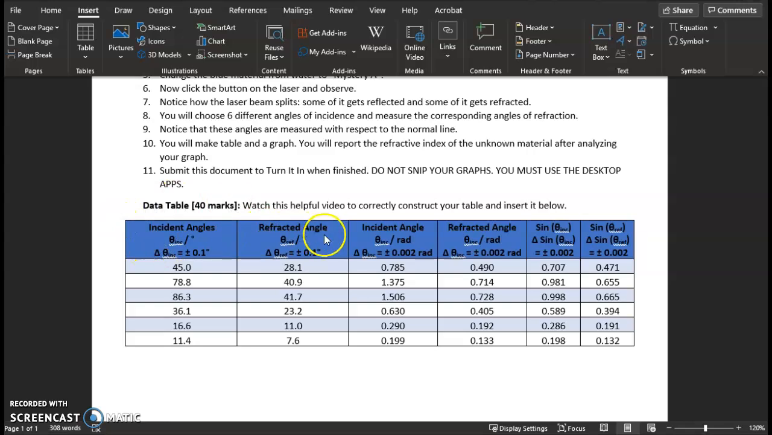So make sure that your table has headings, symbols slash units, and then you have all of the uncertainty values. Sine of an angle, it's a ratio, so it's unitless. And to get the uncertainty in those angles, I took sine of the uncertainty value. It's not technically how you're